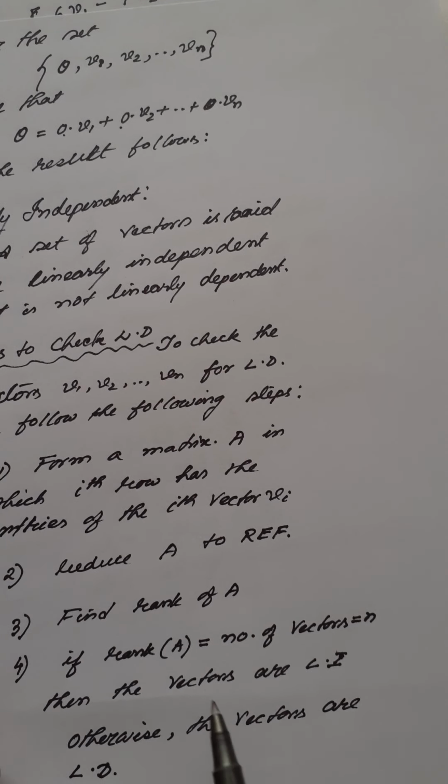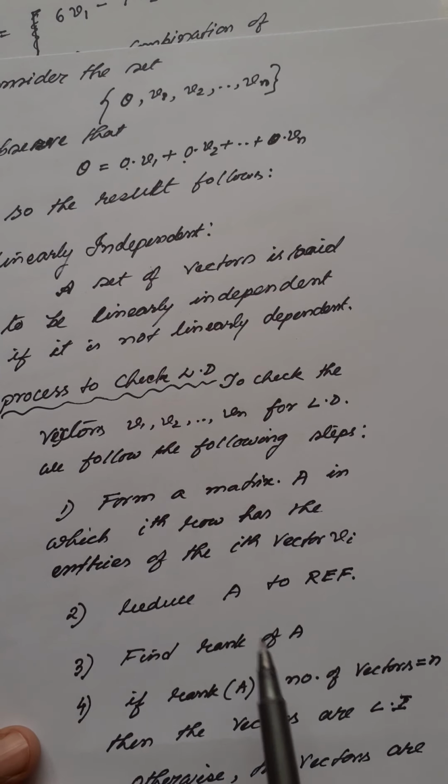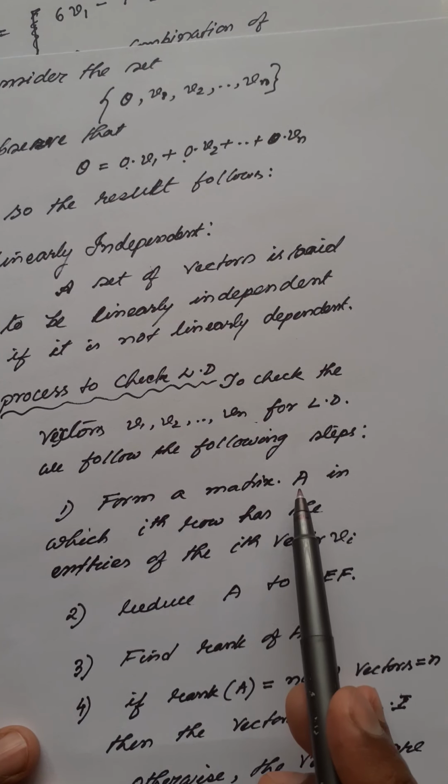So what we have to do, if you are given vectors v1, v2, vn, is construct the matrix